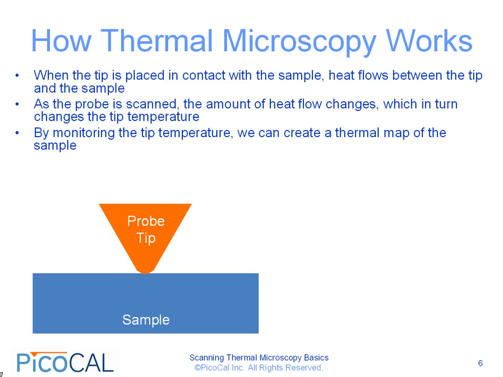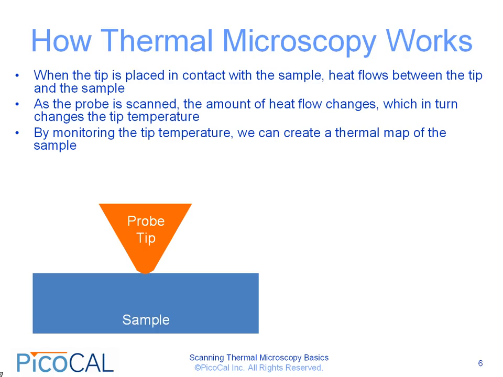Thermal microscopy works not by the mechanical interactions between the tip and the sample, but rather by the thermal interactions. Other than that, it's very similar to atomic force microscopy. When one of these sharp tips from an AFM probe or a thermal probe is placed in contact with the sample, heat flows between the tip and the sample. As the probe is scanned, the amount of heat flow will change, which in turn will change the tip temperature. So during the course of the scan, by monitoring the tip temperature, we can create a thermal map of the